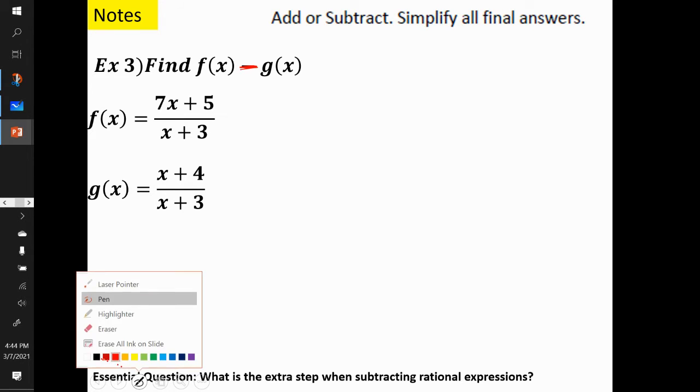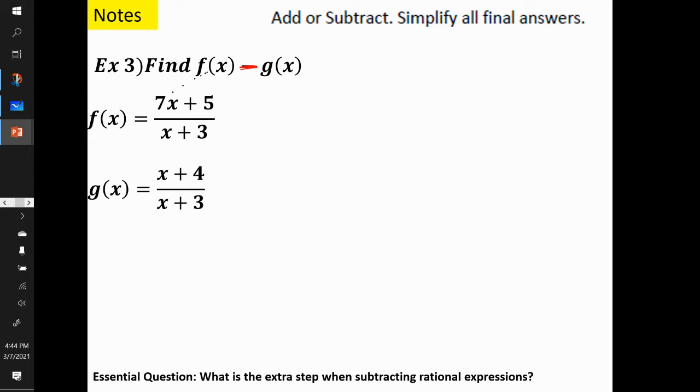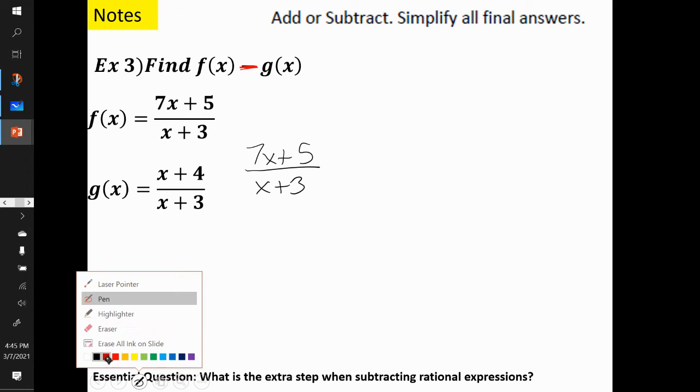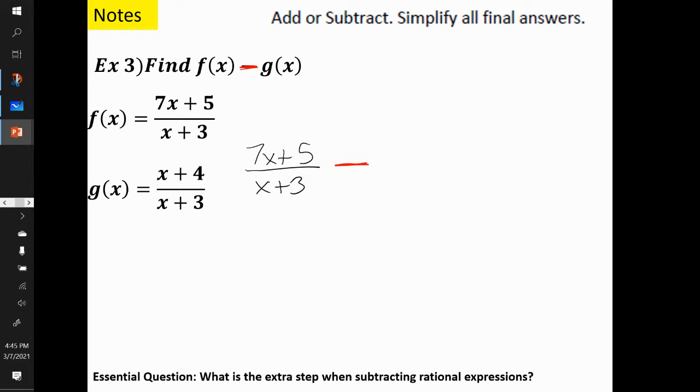All right, so the first thing I'm going to do is I'm just going to rewrite the f of x. So I'm just going to put 7x plus 5. And hopefully you already noticed they both have an x plus 3 in the denominator. Can't factor them. So then we're going to go ahead and put minus, then our g of x. So it's going to be x plus 4 over x plus 3. And since they have a common denominator, we know they're in love, and we're going to just go ahead and